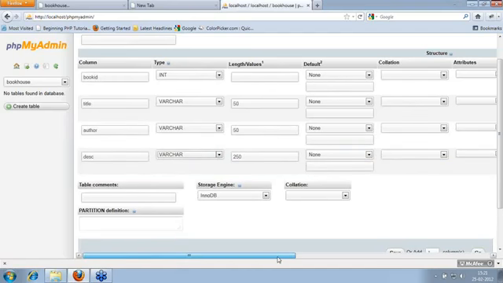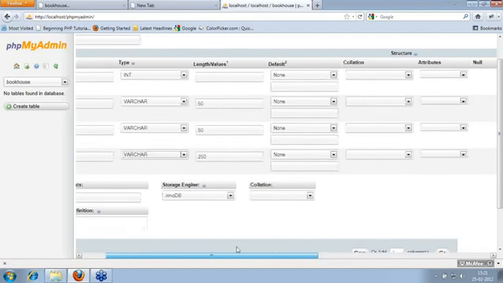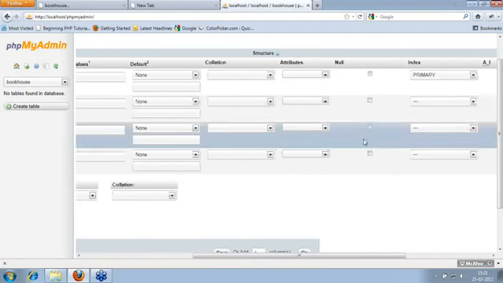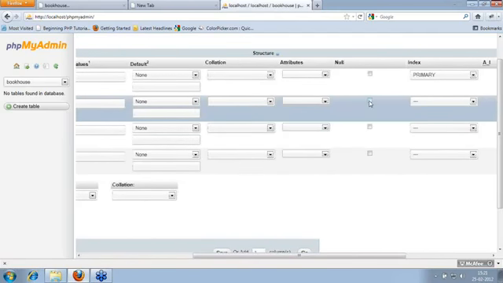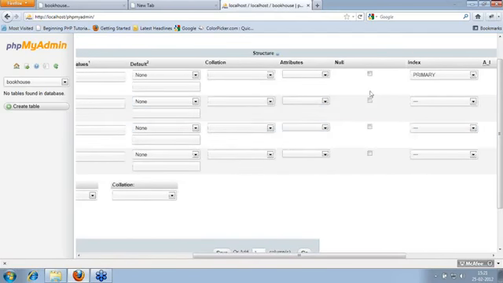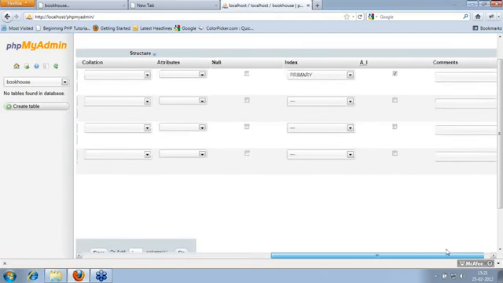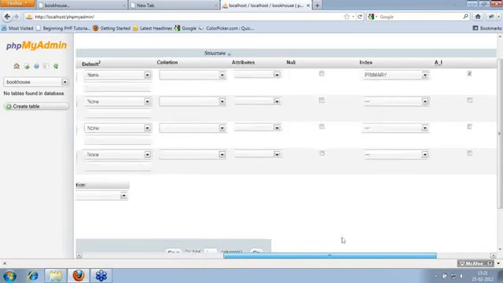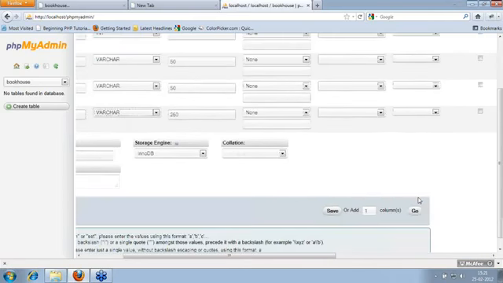Now I am not making any changes to other settings of my column. I'm just not allowing them to insert a null value, I'm keeping one column as a primary key, and the rest I'm leaving as is. So I'll save my table.